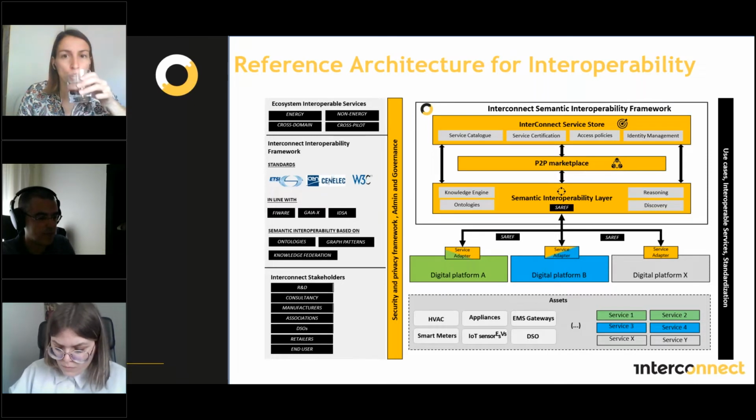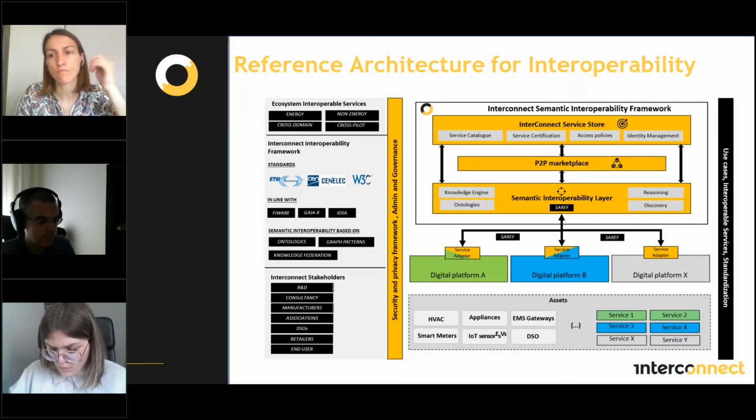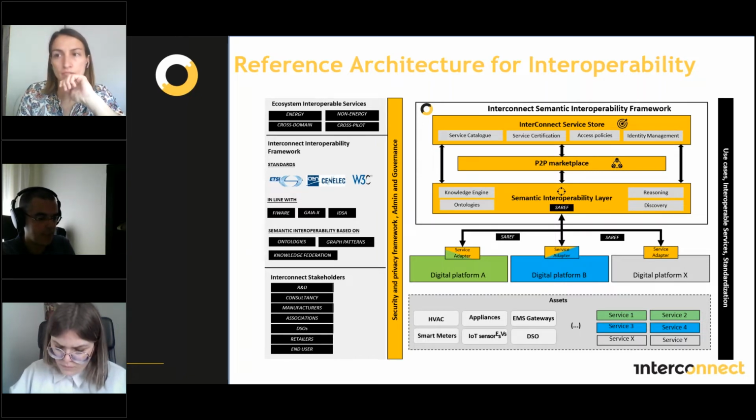We're focusing on the service and what the service means and who needs to be interacting there. But basically, with these adapters, which is something that the manufacturers and the tech providers need to do to reach this interoperability framework, this interoperability layer that we have between the different systems, we then have different ways of representing assets, of representing